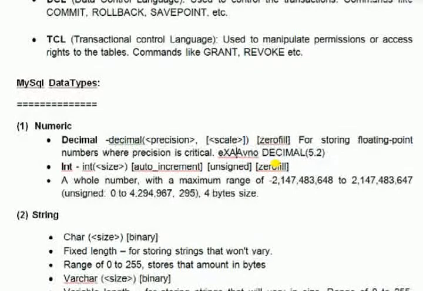What does it mean? It means, for example, 84.95. The 5 comma 2 example is this.